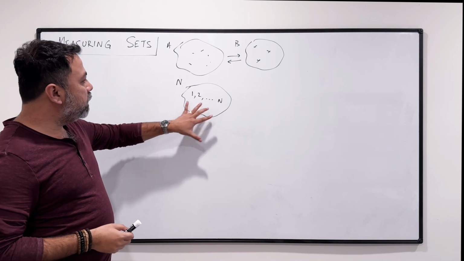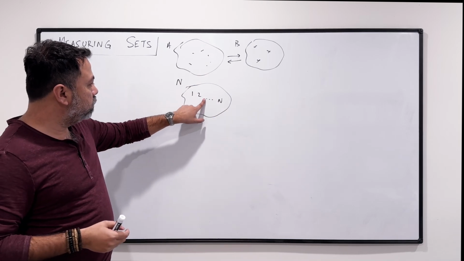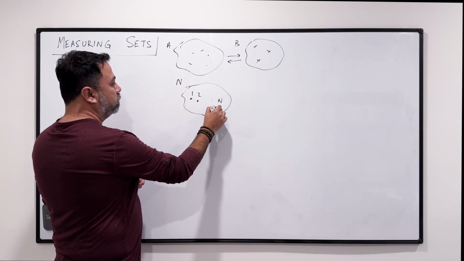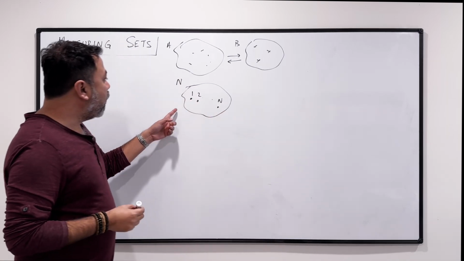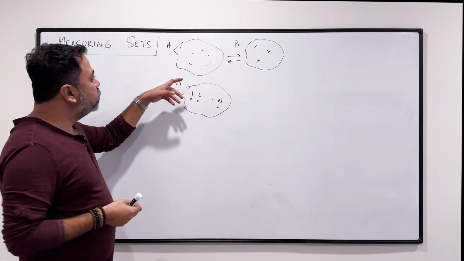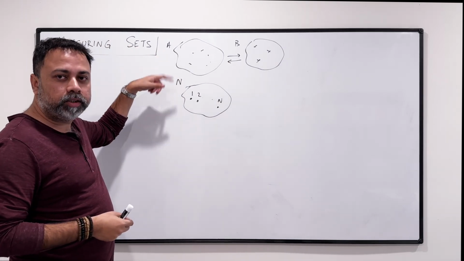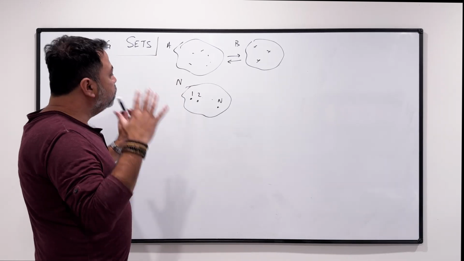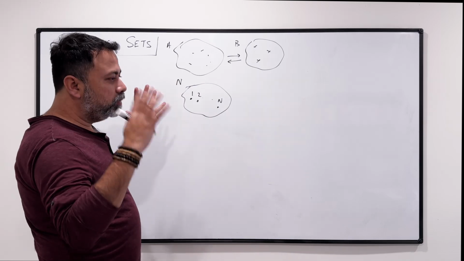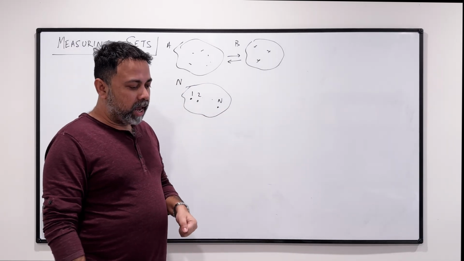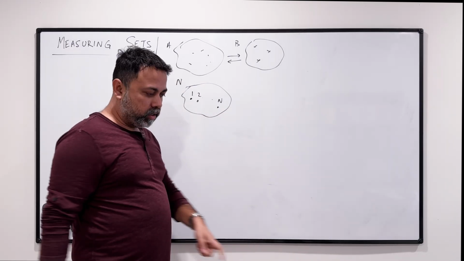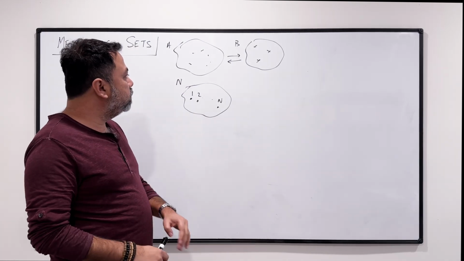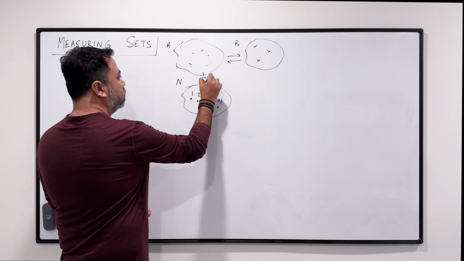So we have n elements in this set, and you can think of these as points. I'm just labeling them 1 to n. By our definitions, if A has a bijection with n, then it has n elements. This is kind of intuitive because I can think of the elements in this set: you are the first, you're the second, you're the third, you're the nth person. Everybody has a distinct number,